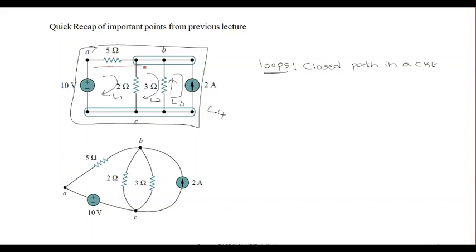We can have one loop like this, which is covering this 10 volts, 5 ohms, 3 ohms, and again back to 10 volts. And even this one as well, you can consider these as additional loops. As we progress towards the different problems, you will come to know more about these things.